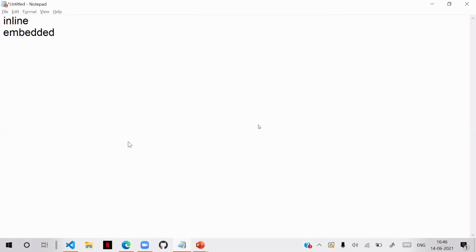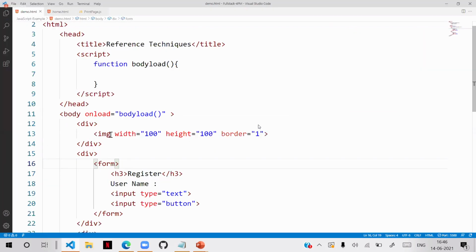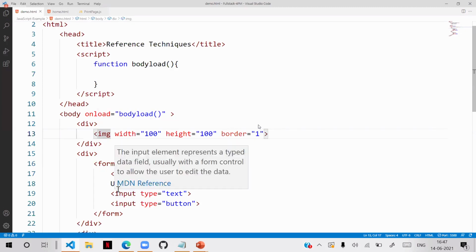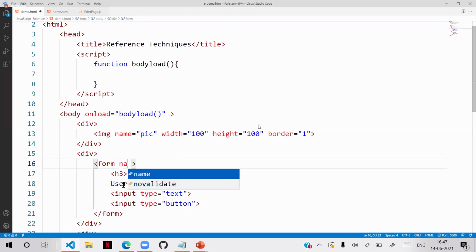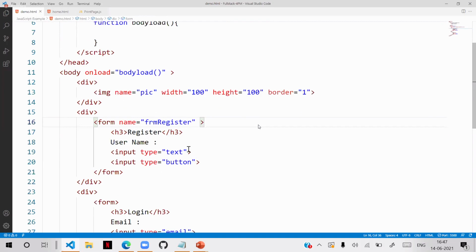For that, what we can do is, for every element, we can give a name. So the image can have a name as pic, something. For the form, we can have a name, FRM register. The text box can have a name. Of course, remember, we can give a name to only the elements that we want to use. It's not mandatory that you have to give a name to everyone.